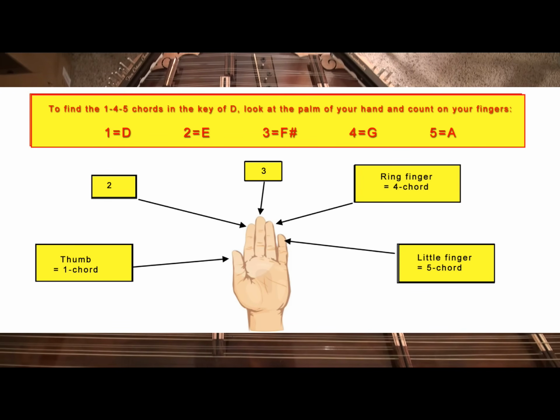On this D scale, you can say D, E, F, G, A, or you can say D, E, F sharp, G, A. Either way, you're going to have D for the 1 chord, G for the 4 chord, and A for the 5 chord. Knowing that it's an F sharp might be important later on, but for purposes of these videos and finding the chords,